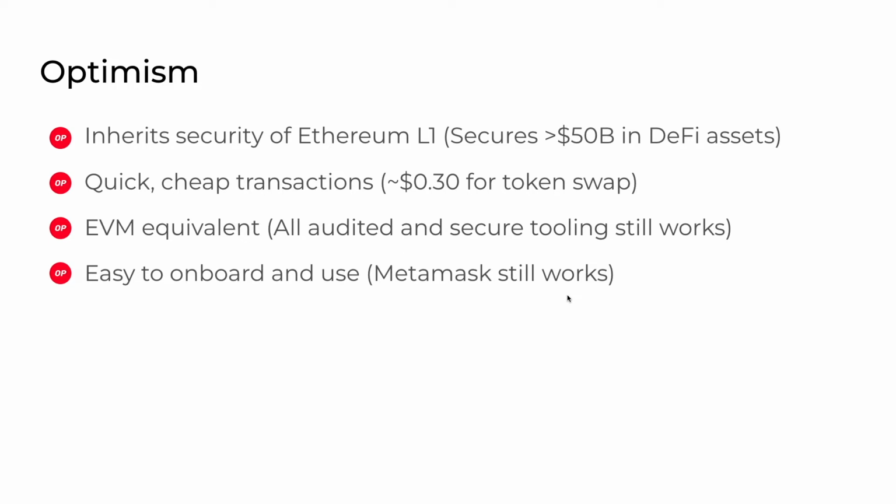The gas fees on Ethereum Layer 1 are quite high. On Optimism, this is not the case. They have quick and cheap transactions on Optimism, and they're usually around 30 cents for a token swap. Optimism is also EVM equivalent, which means that any tool or smart contract that works on the Ethereum Layer 1 can also work on the Optimism network, which is extremely important because the most robust and battle-tested code and tools is built for Ethereum. So Optimism is able to reuse those tools and inherit all the security and trust that